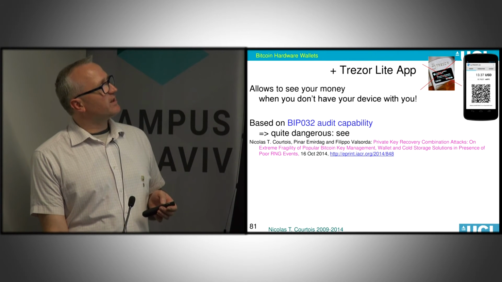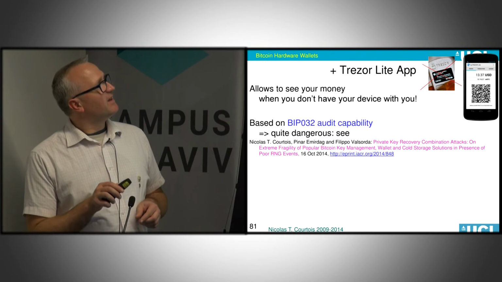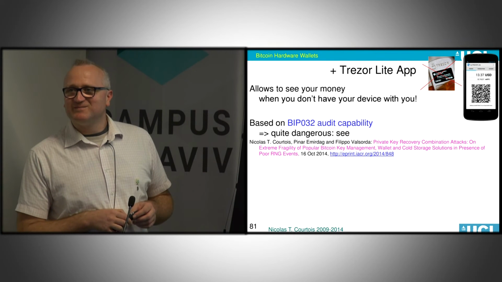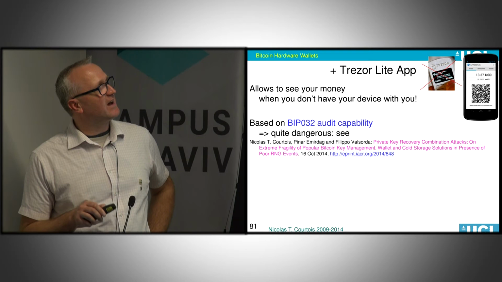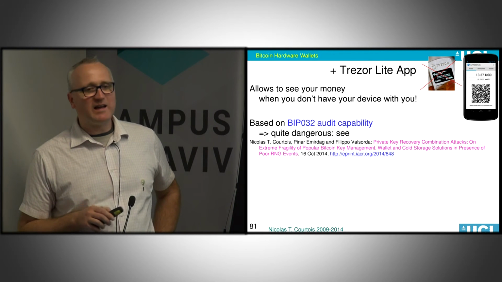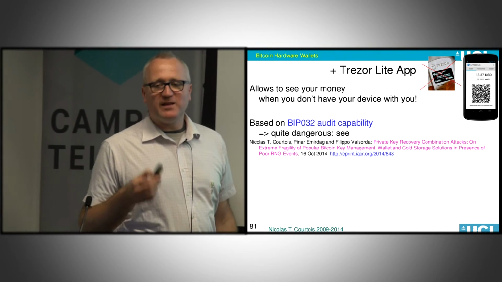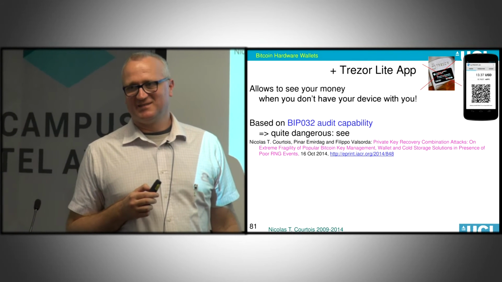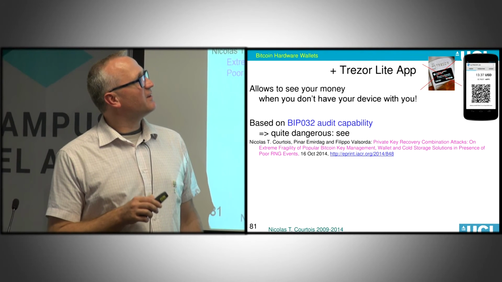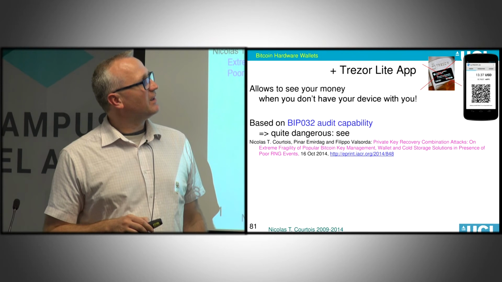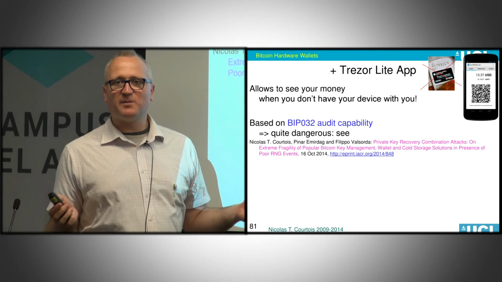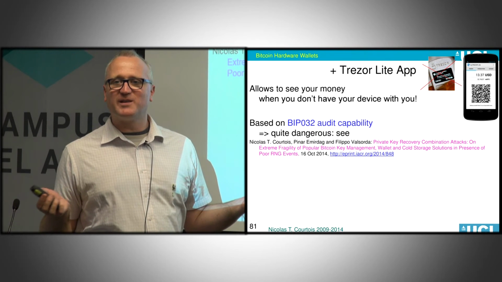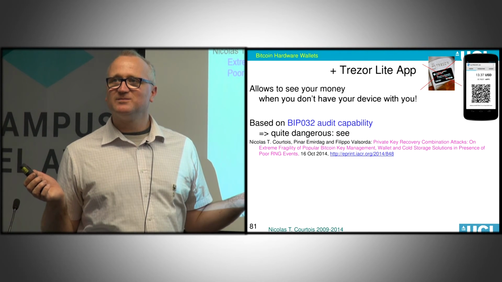It's quite interesting because the Trezor system actually uses HD wallets, and they have this very nice thing, the Trezor Light App. The Trezor Light App is like a public version of your wallet. You have your device, you can spend Bitcoins, but if you have just your mobile phone with the Trezor Light App, you can follow the money. It's read-only access to all your Bitcoin accounts.